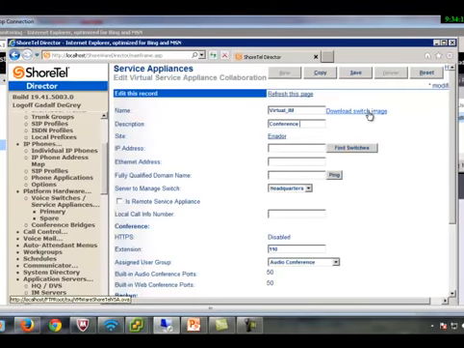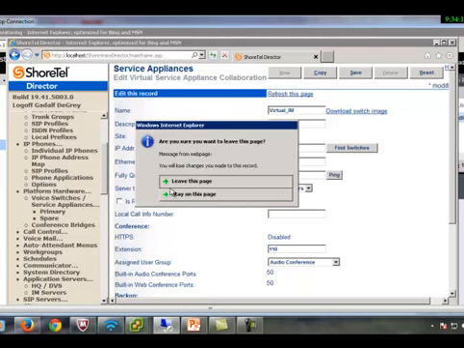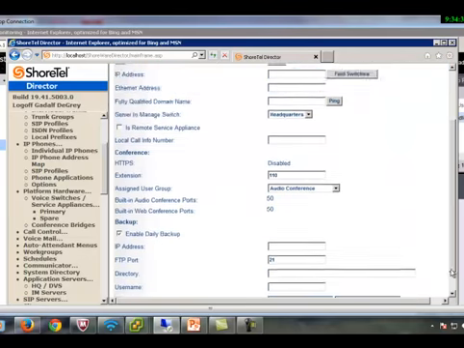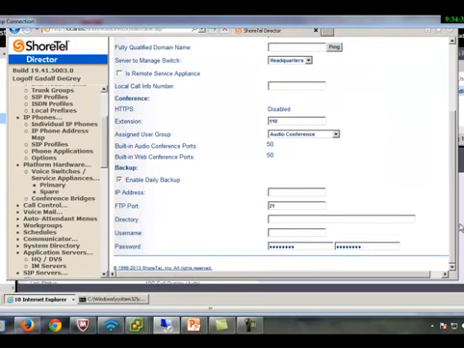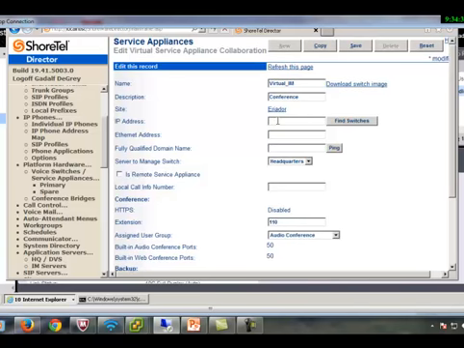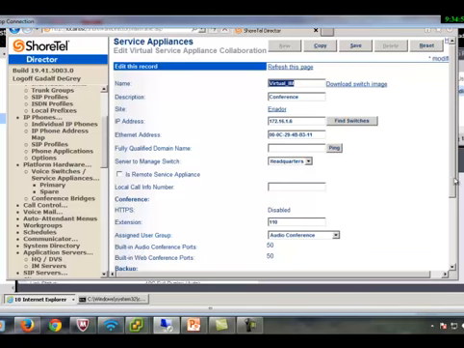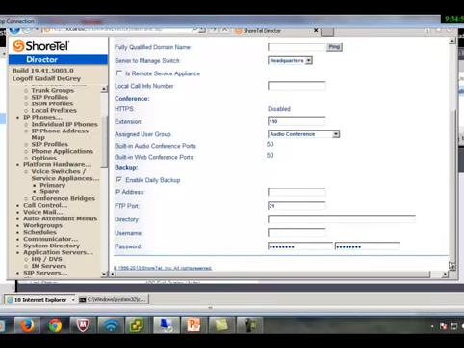Give it a name. You can download a switch. There's no need to do this because you select it as an HTTP link when you set up your virtual machine. One of the tricky aspects here, of course, is trying to figure out the MAC address. So we gave this guy a 172.16.1.7. I noticed if you try to find the switch, you'll see it there. Sometimes you will, sometimes you won't. I previously installed this to test it out, so